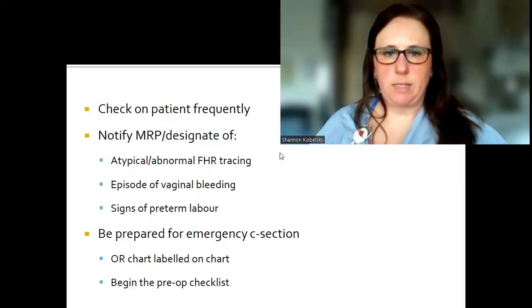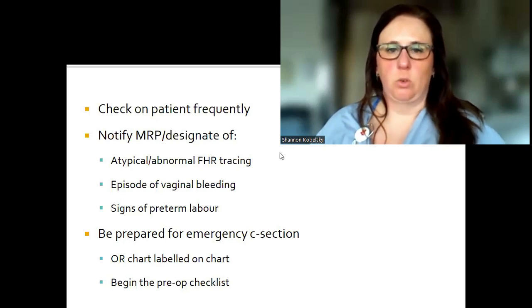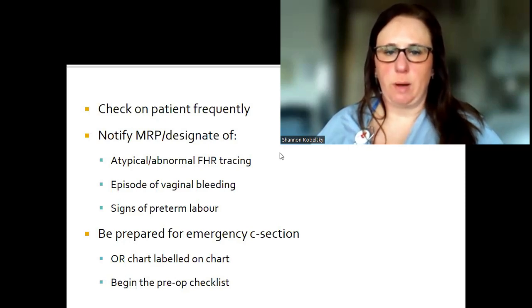So there's always the chance that a previa patient could need to go to the OR quite urgently or emergently, whether she starts contracting and causes bleeding, or whether she just starts bleeding. And so we always want to make sure we're ready for an emergency C-section. So have an OR chart printed,